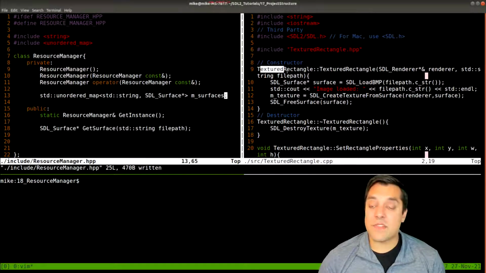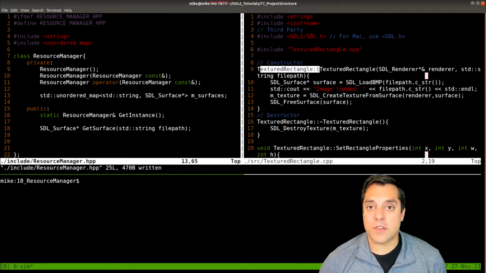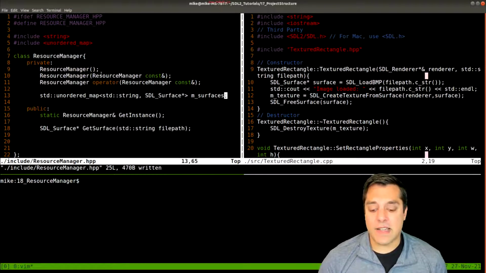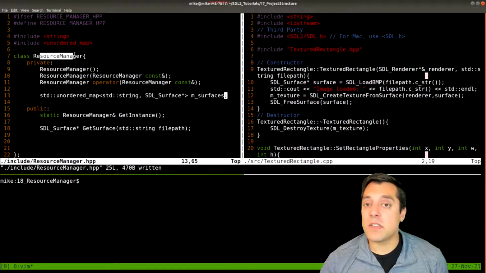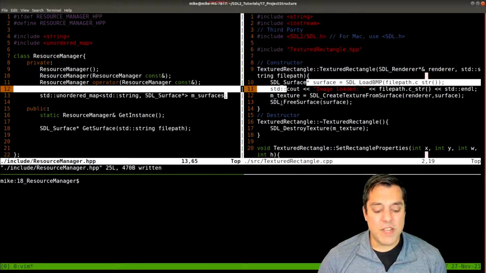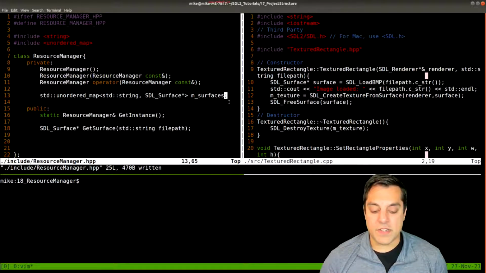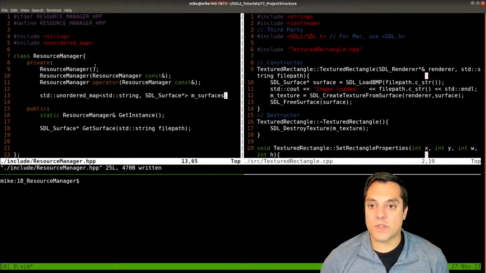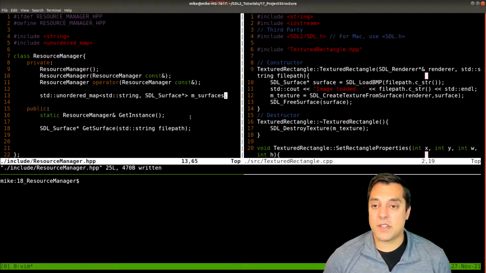Now we're going to have to refactor anything that relies on our resource manager, which will hopefully be all of our classes that we derive, so that we have a sort of single responsibility or consistent way to access different objects that have been allocated. So we do need to make sure that we're not freeing our surface here. But before I get to that, let's go ahead and talk about our resource manager implementation a little bit in